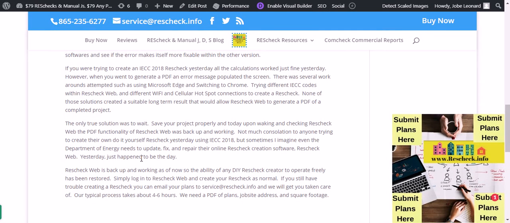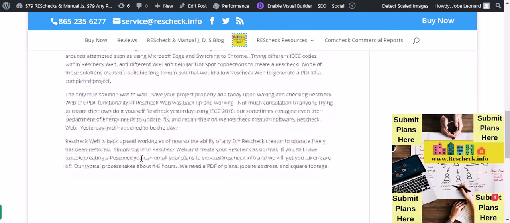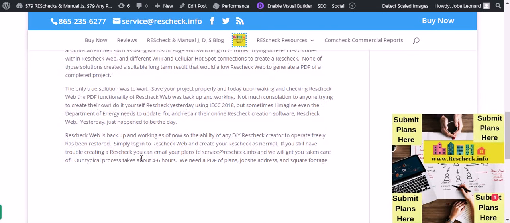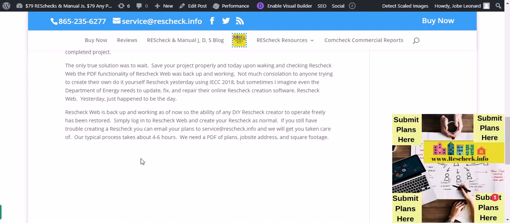If you were trying to create an IECC 2018 Rescheck yesterday, all the calculations worked just fine. However, when you went to generate a PDF, an error message populated the screen. There were several workarounds attempted, such as using Microsoft Edge and switching to Chrome, trying different IECC codes within Rescheck Web, a different Wi-Fi and cellular hotspot connection to create the Rescheck. None of these solutions create a suitable long-term result that would allow Rescheck Web to generate a PDF of a completed project. The only true solution ended up being to wait. Save your project properly, and